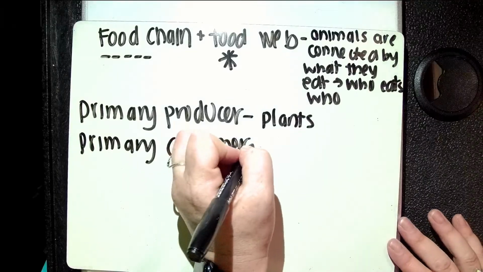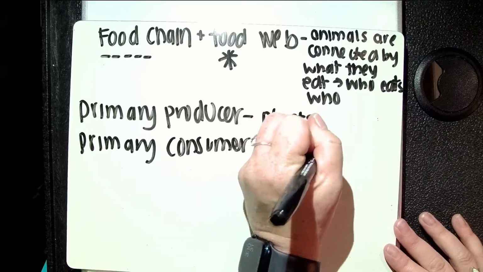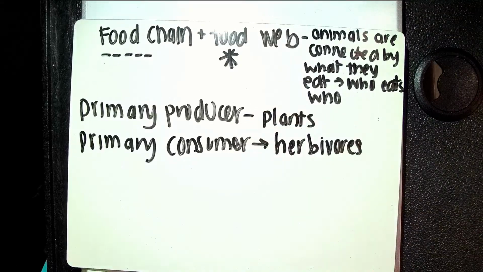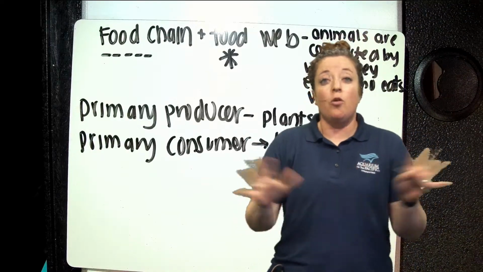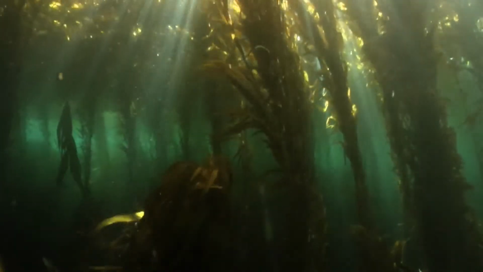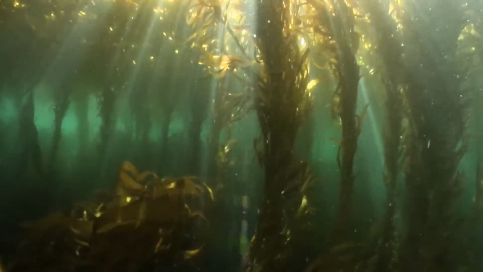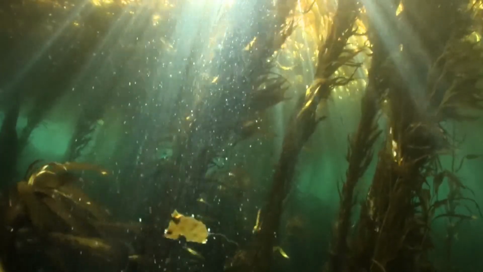Now, many primary consumers are what we call herbivores, which means they eat only plants. Now, some of you out there might be herbivores. If you're a vegetarian and you only eat plants and vegetables, you are an herbivore. I don't know if you're eating only kelp. You might be eating some seaweed. I had seaweed with dinner last night. But here's seaweed out in the open ocean. This is our primary producer, and then there might be some animals who are only eating this kelp, and they would be our primary consumer.